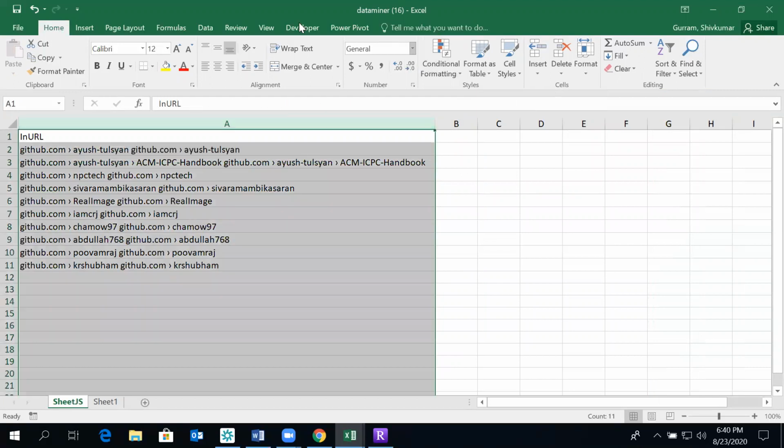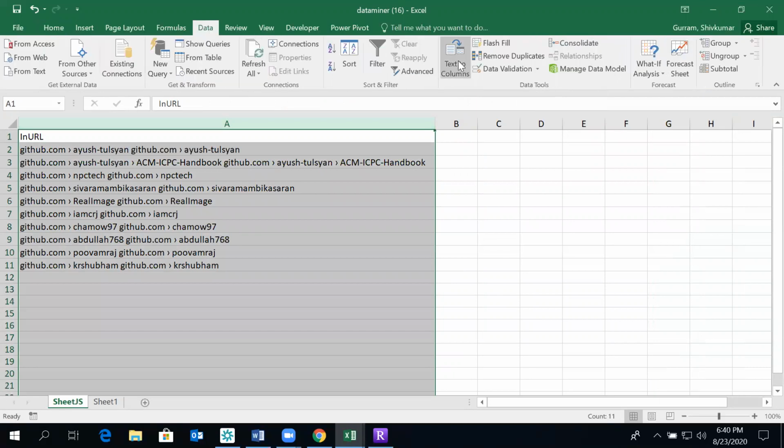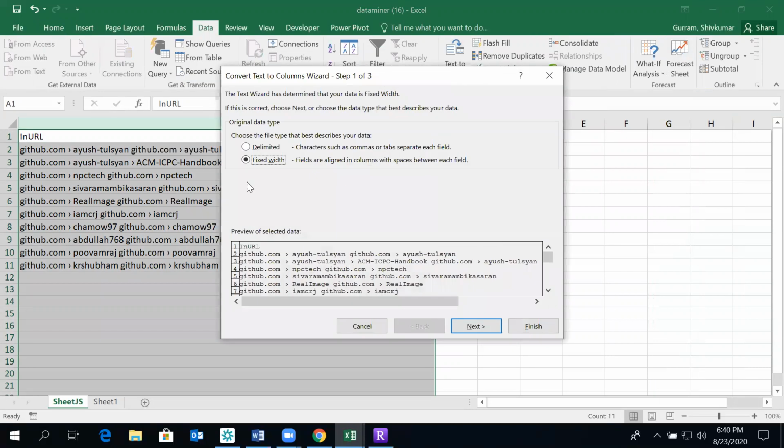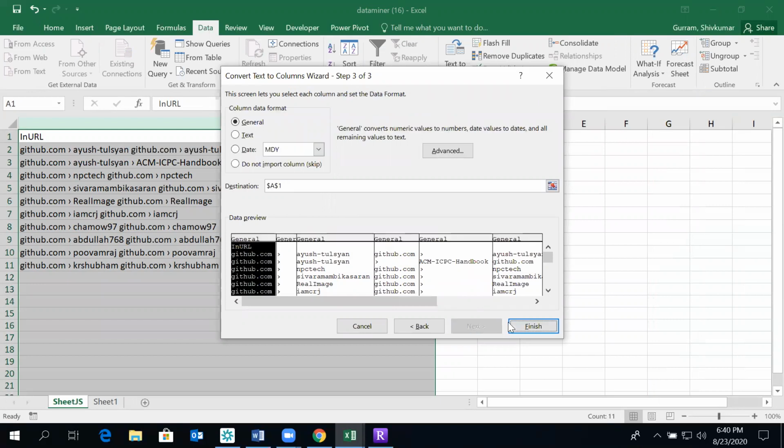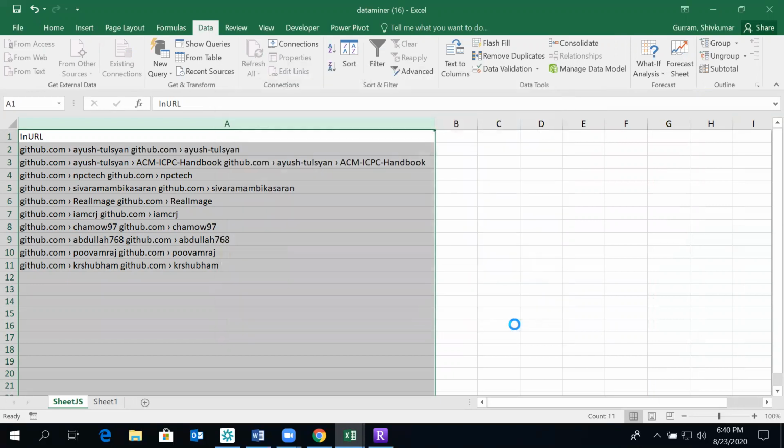Let's say conditional formatting. Come on, don't crash. It looks like it's going to crash again.